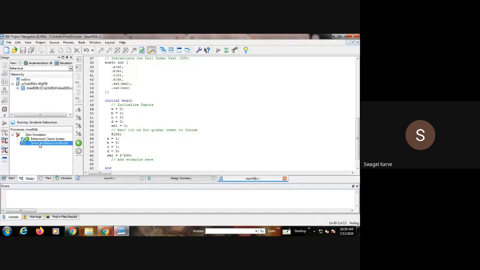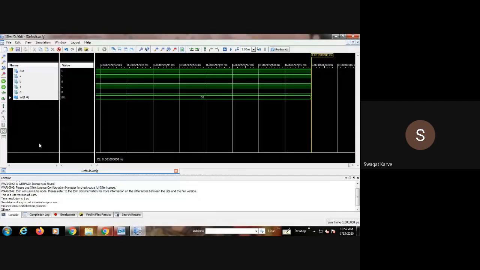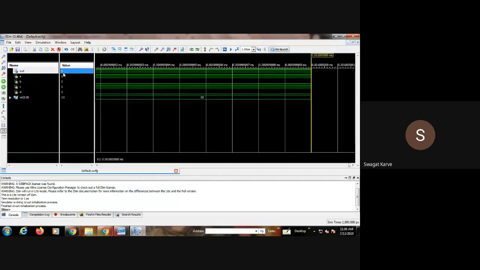Now click on simulate behavioral model, and you get the window. Now check the output, whatever you are getting. Select we have 0 0, A is 1, and yes, at the output we got the value 1. That means whatever input the select line selects, 0 0, that means A should transfer to the output side, and we are getting our output as 1. That means this Verilog code we have written is working properly. All of you clear with this?